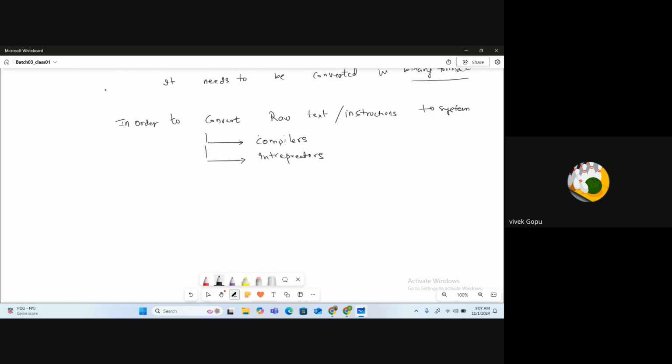Compilers run very fast. Interpreters run very slow due to the line by line thing. A compiler example is Java and an interpreter example is Python. Excellent.